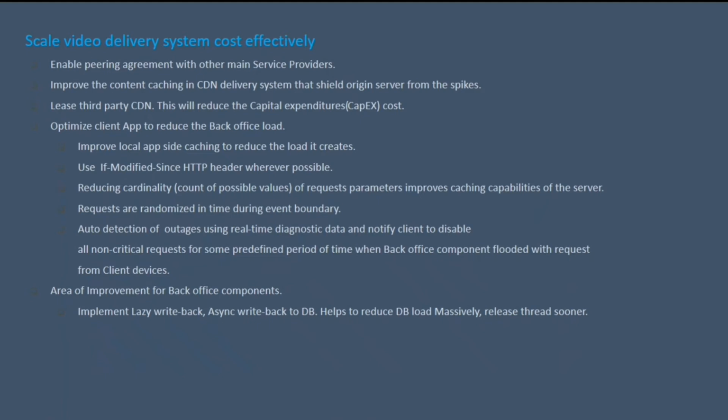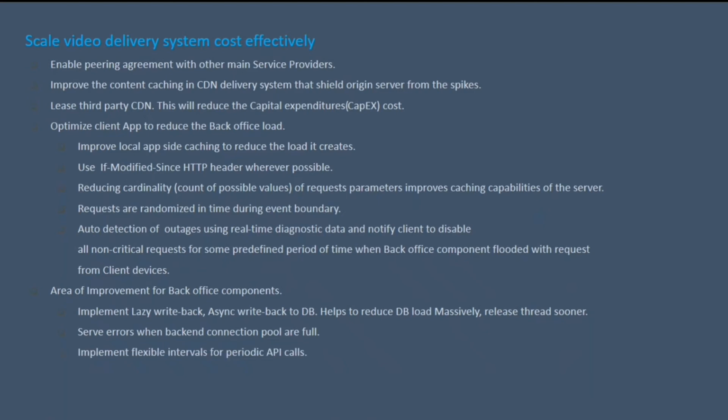These two calls access the DB very frequently, hence it caused thread blocking and massive load on DB. As a result, there was noticeable performance degradation, sometimes detected complete outage during the high peak traffic. This led us to think about lazy write and asynchronous write to DB. Next option implemented was serve errors when backend connection pool is full. This will help the player to switch off those API calls for some time if they are non-critical.